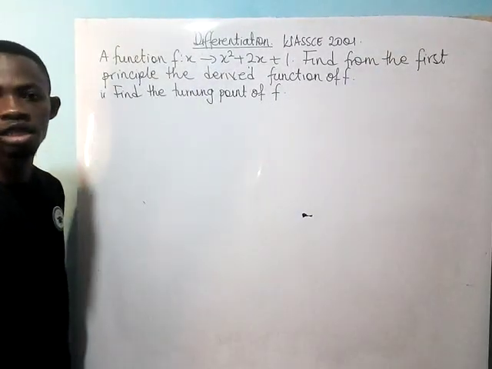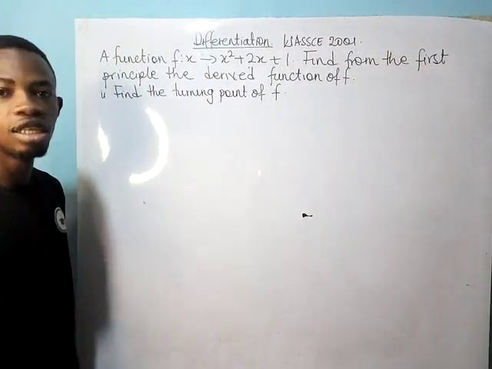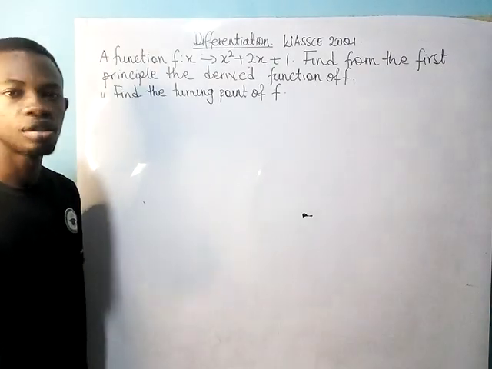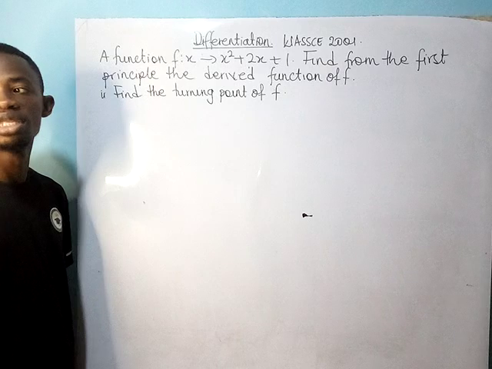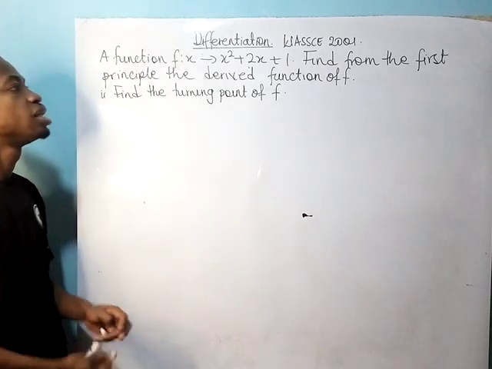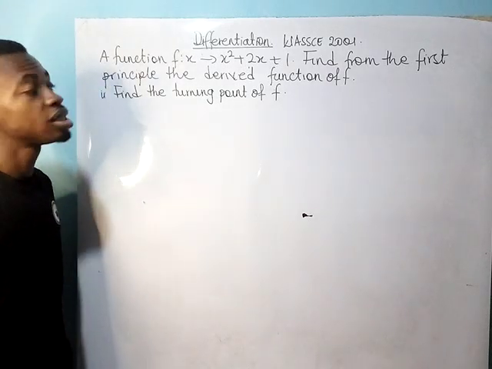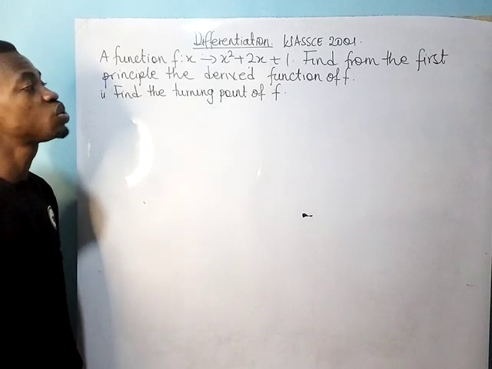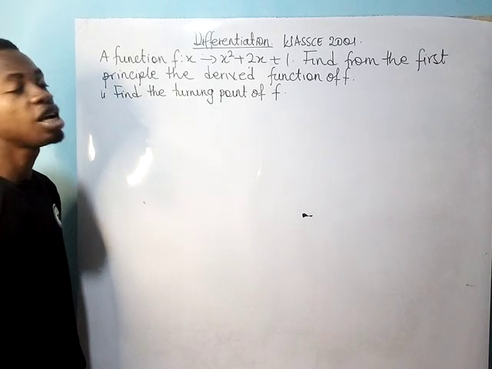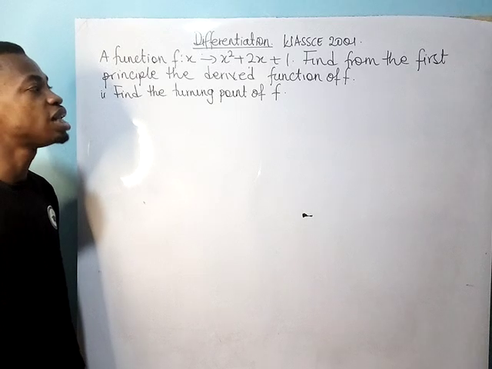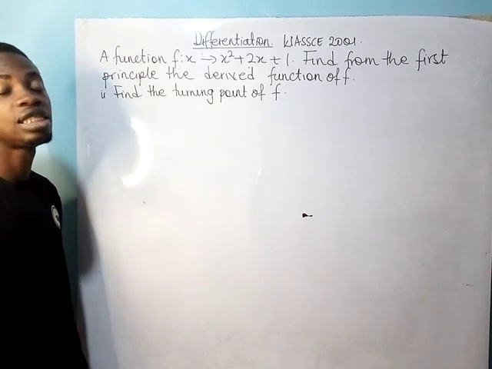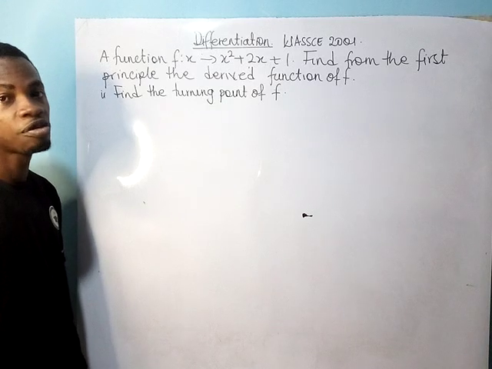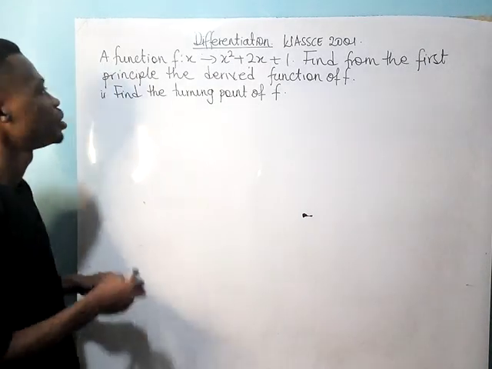Okay, this is Florent, the mathematics user, and we are looking at a differentiation question. That is a WASI 2001 question, and a function of x is given as x squared plus 2x plus 1. Find from the first principle the derived function of f. Then find the turning point of f. So now here, first of all,